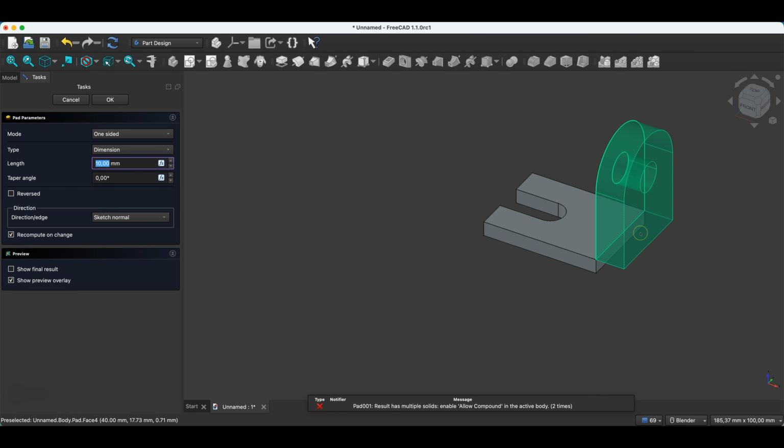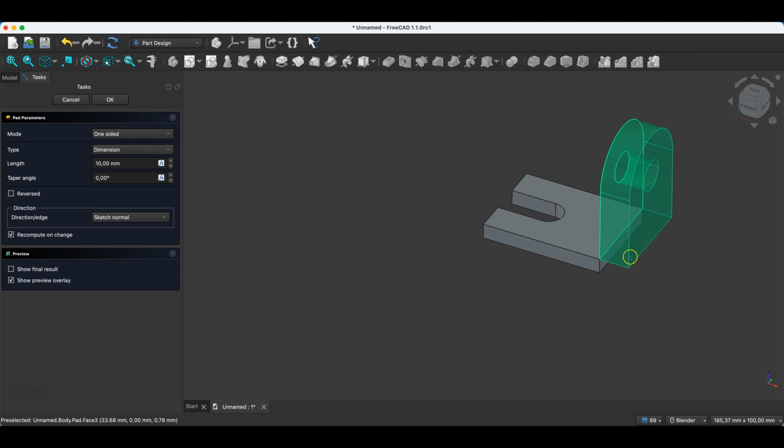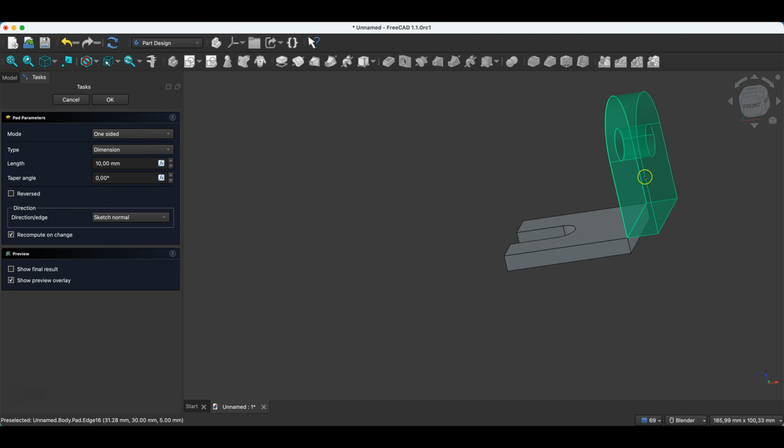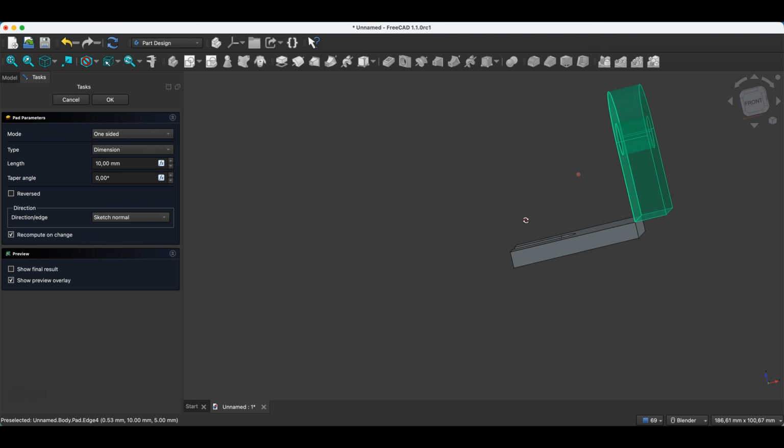And here the extrusion was added in this direction, and such a warning appeared. I will ignore this warning for now, but the point here is that the solid was extruded in this direction, and the next part of the solid does not touch the previous part of the solid, which was unacceptable in previous versions of FreeCAD. Now in the new version of FreeCAD, this has been improved a bit, but anyway, I don't want to perform the extrusion in this direction, I want to perform the extrusion in the other direction,